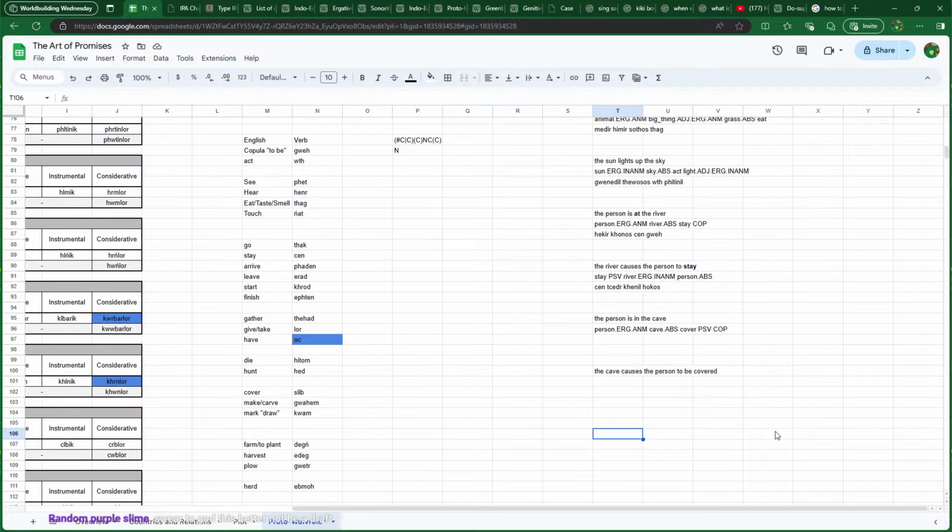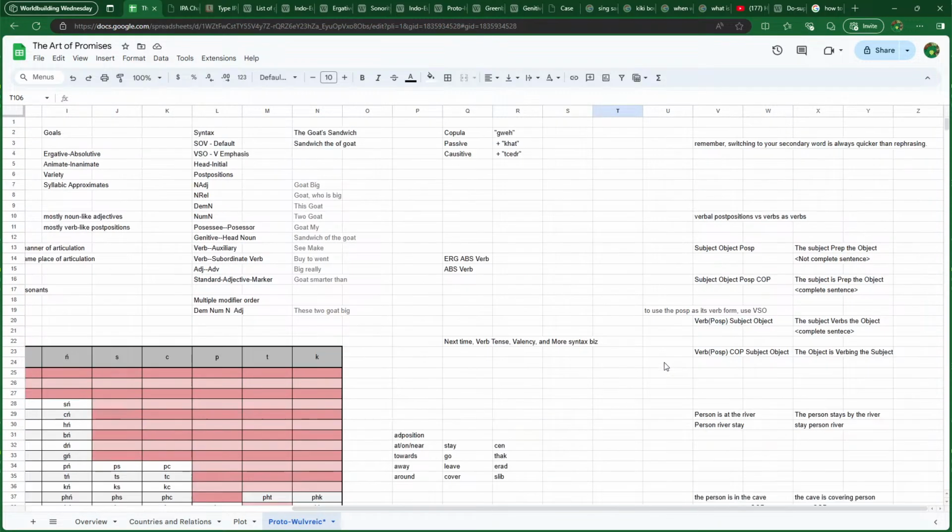I stay by means of the river is like I'm too ensconced in river in order to do anything but stay. Or that I'm using the river as an instrument to perform the act of staying. Whereas I stay at the river is talking about a location in which the staying occurs, that being the river. However,